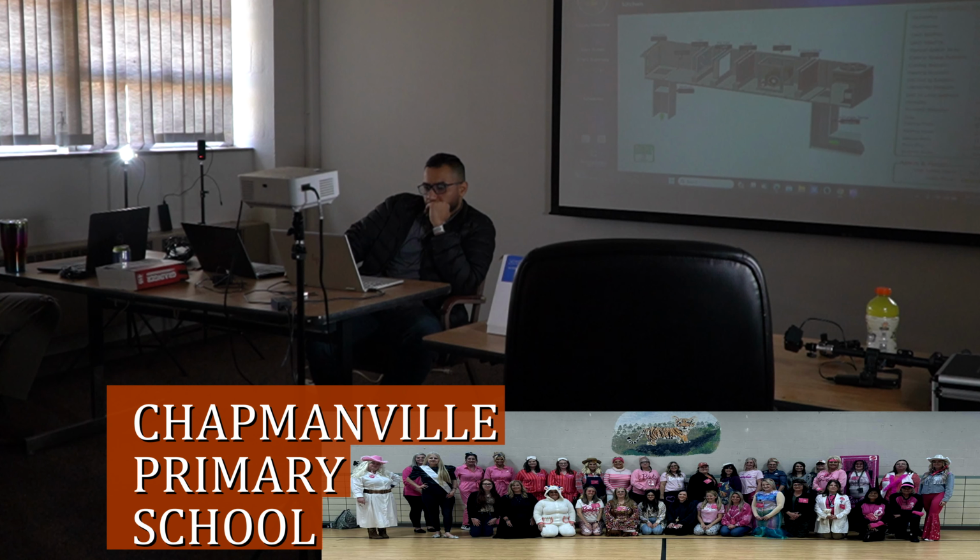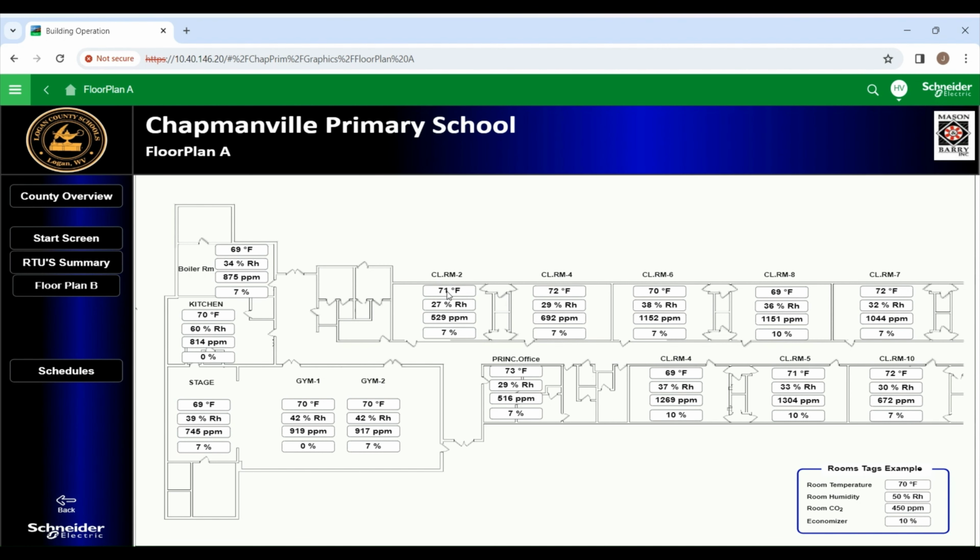Floor plans. The floor plan here is split into A and B. Right now we are in section A. That will show you every classroom, and there's three pieces of information I put on the floor plan. Probably you're used to that look from the old system, right? That's why I made it that way. Usually I put only temperature and classroom name, but since you already use that method, we stay consistent with it. Temperature, humidity,